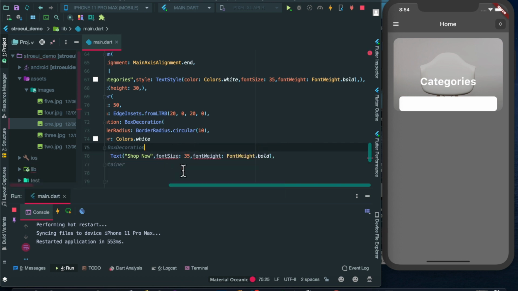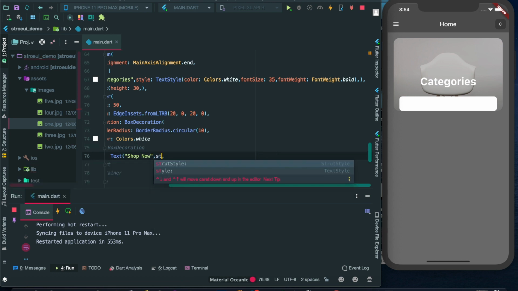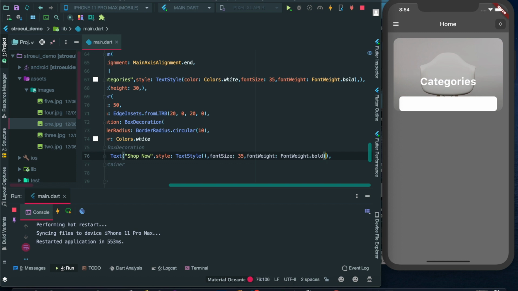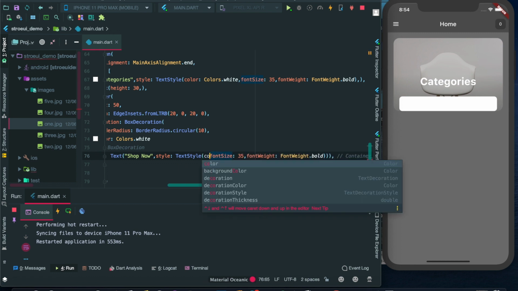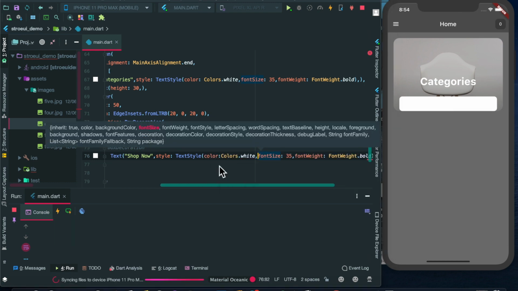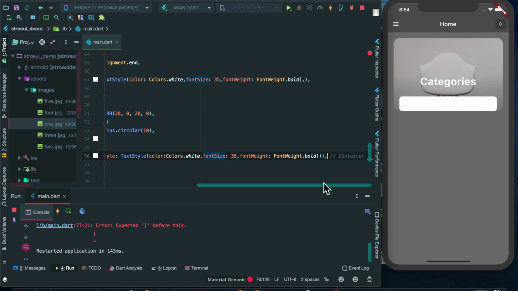If you see, there is some error because I haven't mentioned the style in the TextStyle. The TextStyle would be this, Colors.white. Now let's refresh the page. There's some error, I guess.